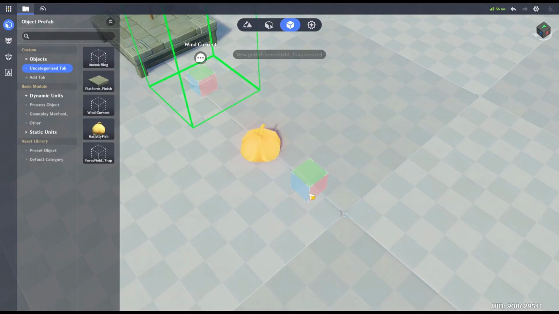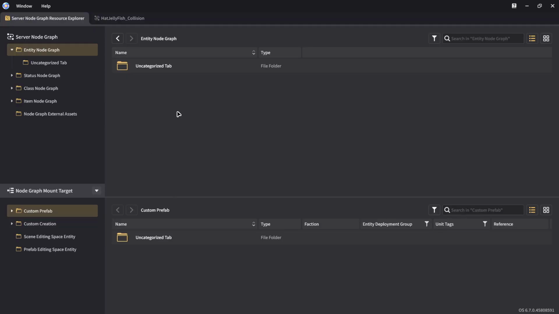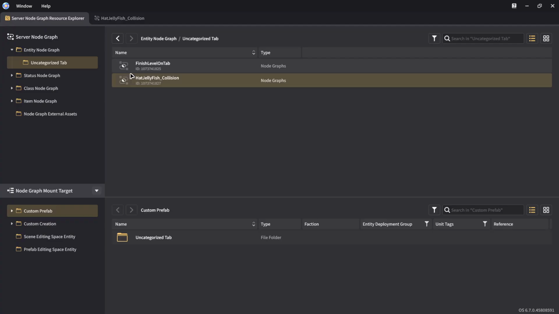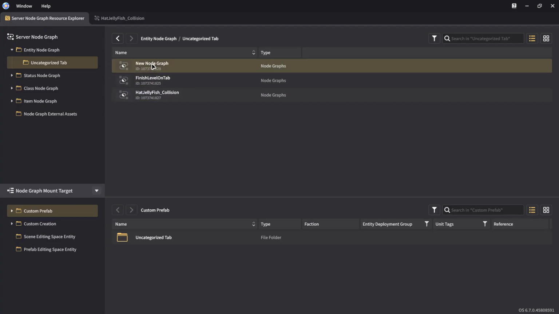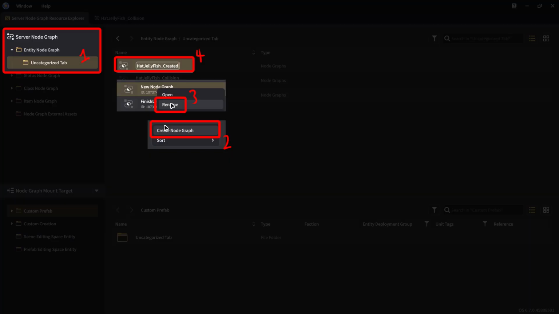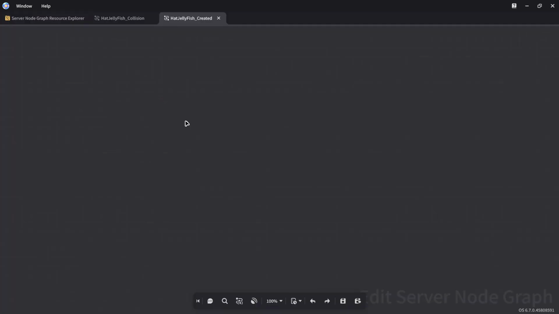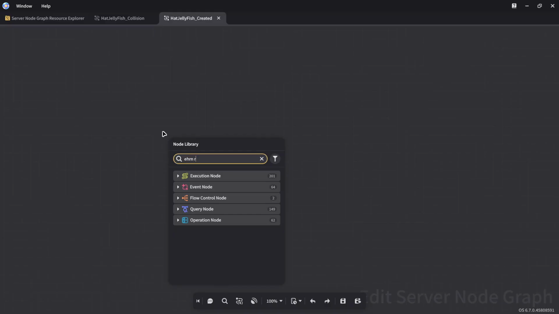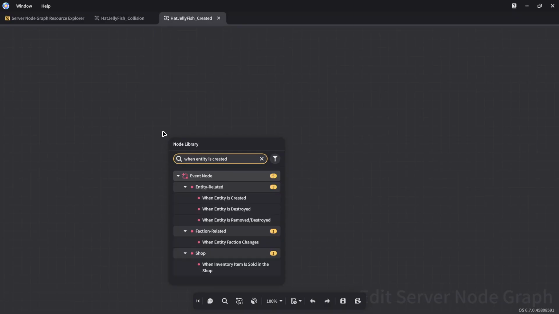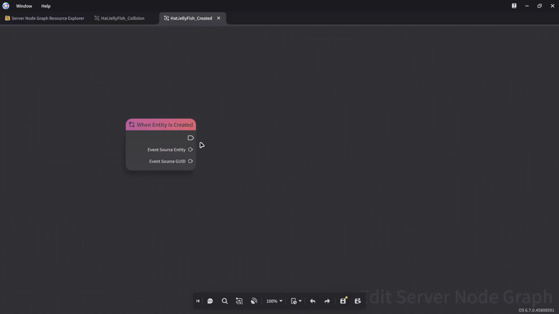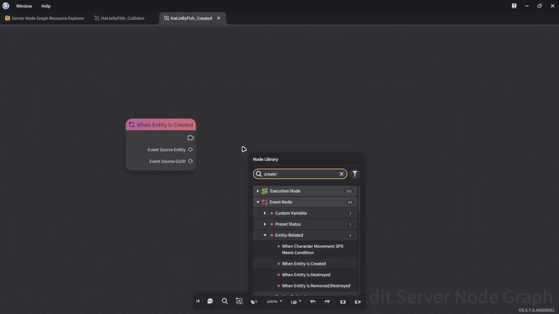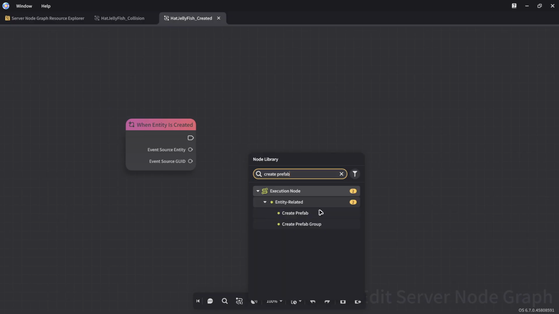Now let's hop back into the Miliastra sandbox, and under Server Node Graph, Entity Node Graph, we'll be creating a new node graph. Name it Hat Jellyfish created. We technically can use the Hat Jellyfish collision node graph for this, but we'll just use a separate node graph so it's easier to see. Open the Hat Jellyfish created node graph and add in the event node when entity is created. This event is called whenever the entity that this node graph is attached to is created. Add in a create prefab node, plug in the execution path,